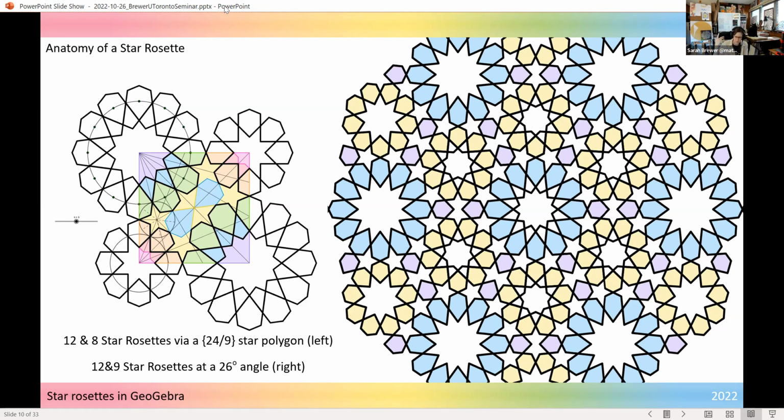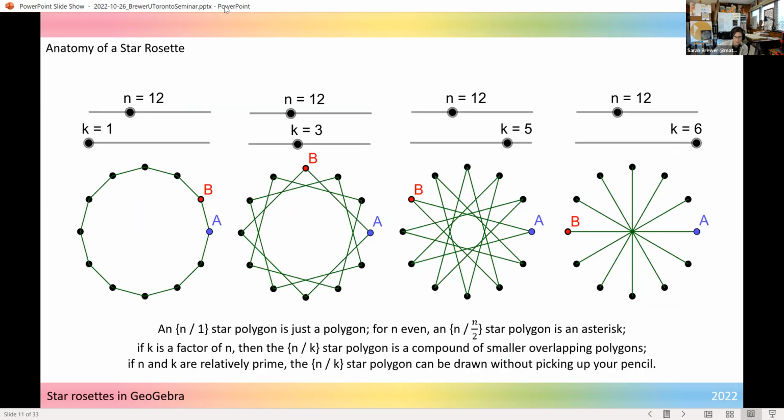And traditionally, those rosettes are only going to have very specific angles that are tied to star polygons that have the same number of vertices as the petals or double the number of vertices of the petals. So in case we don't know what a star polygon is,